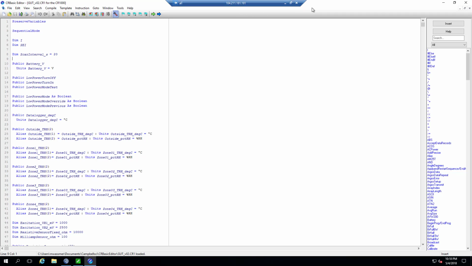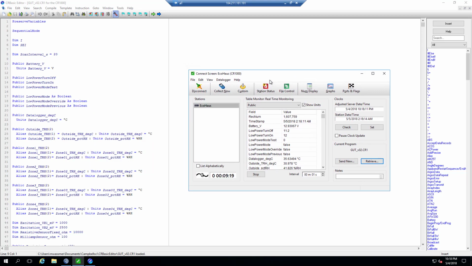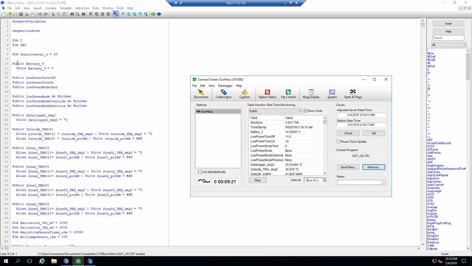And when I said that the public table right here is a table of all the public variables that are declared in the program, you can see here these two fields that start off are automatically included. One is a record number, so this number will increment by 1 every time there's a new 20-second record in the table. Timestamp is now the public table. You see this number changing every few seconds,